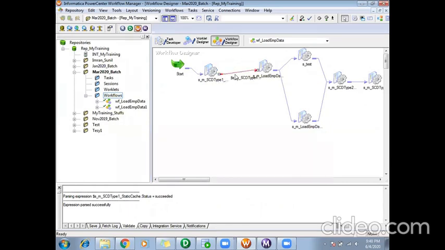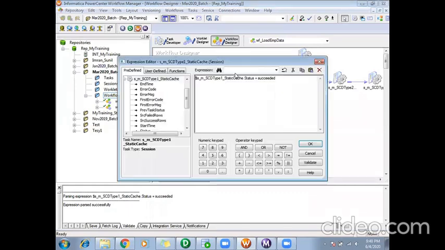You can set it in your links here, or you can also say target success rows is greater than 0. That means in my previous session it has loaded at least one row to my target. Normally we use status equals to succeeded.